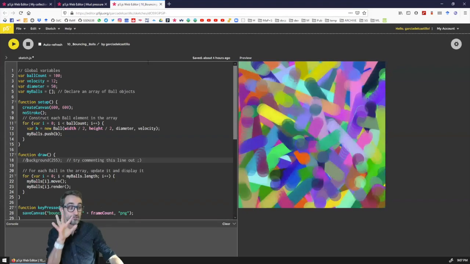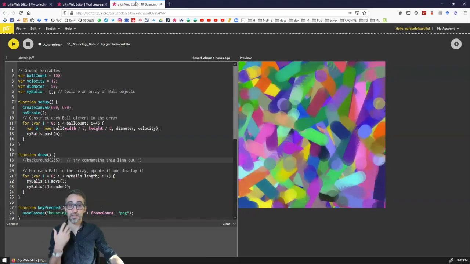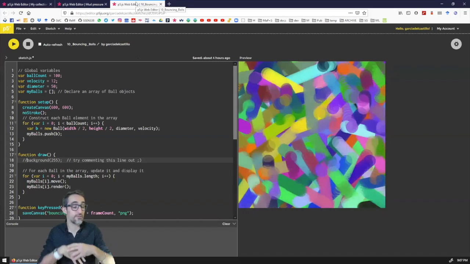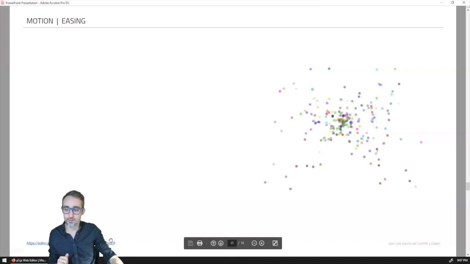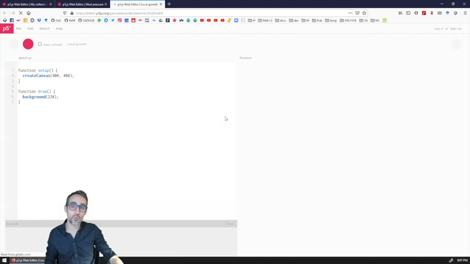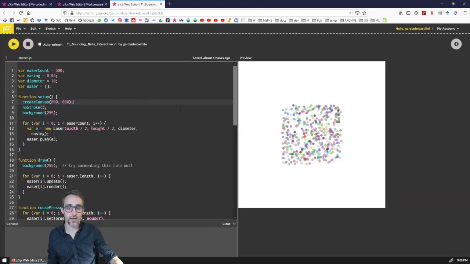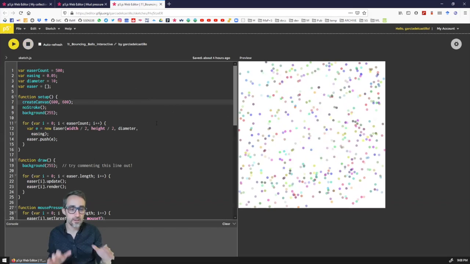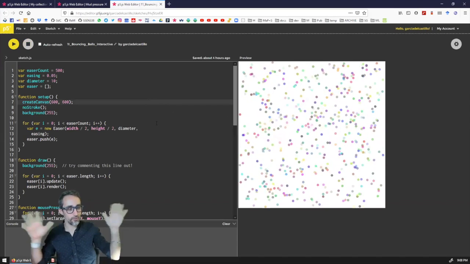But not just this, if on top of this we implemented interactivity with the user, then things become way more interesting. So for example, let me go to this other example where the principle is very similar. You're going to see that we have a lot of circles. It's just that instead of bouncing from the border of the screen,